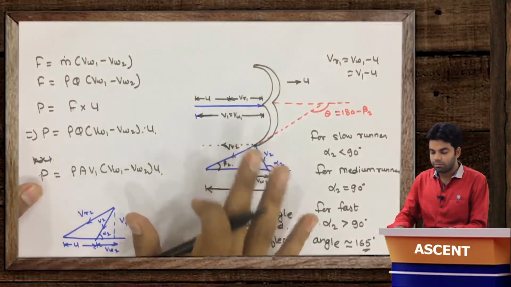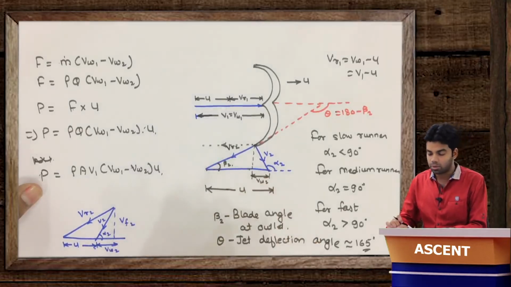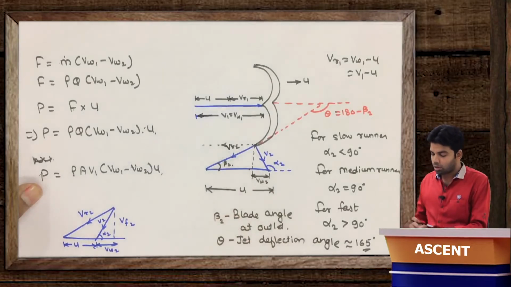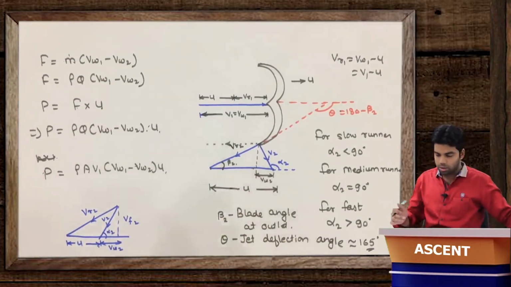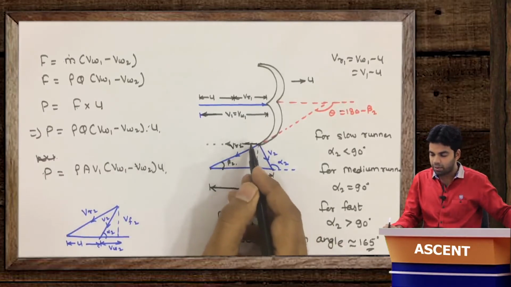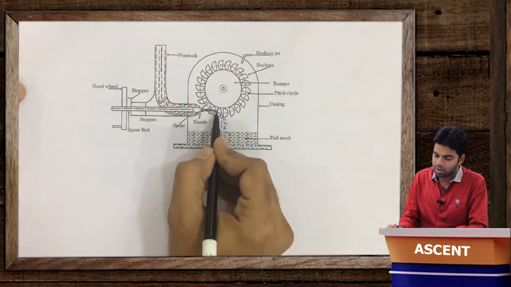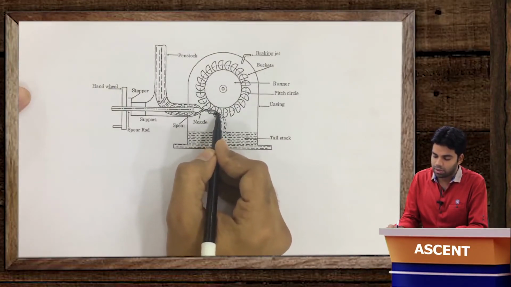So this is the condition when we will be getting 100% efficiency, if K is equal to 1 and beta 2 is equal to 0. But is this possible practically? Obviously not. Why? Because if the value of beta 2 is equal to 0, this blade will hit the jet in the corresponding blade. Suppose this is our blade. If the outlet jet is moving at 0 degree,